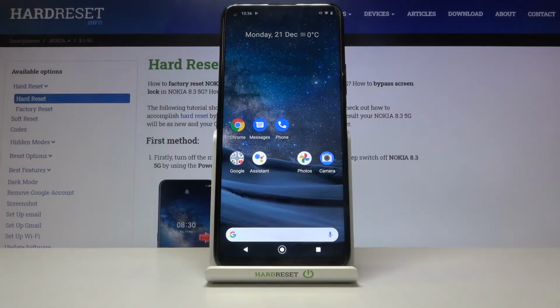Welcome, here I've got Nokia 8.3 5G and I'm gonna show you how to manage the camera watermark at this